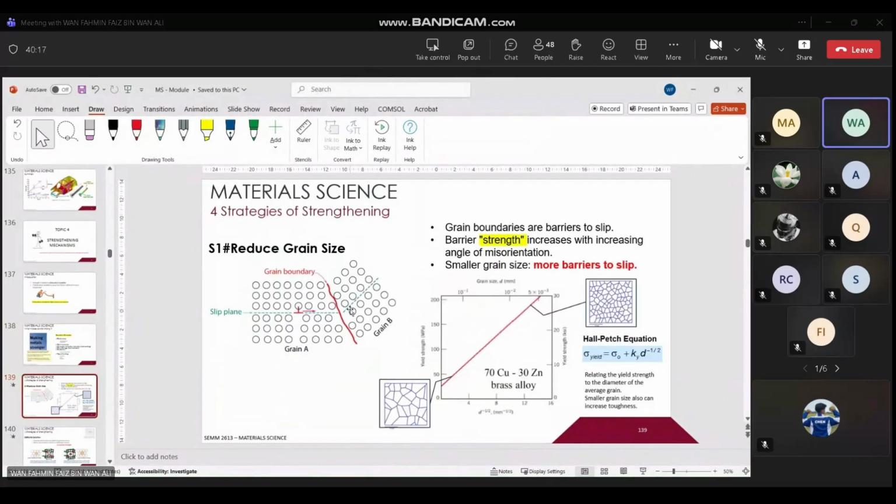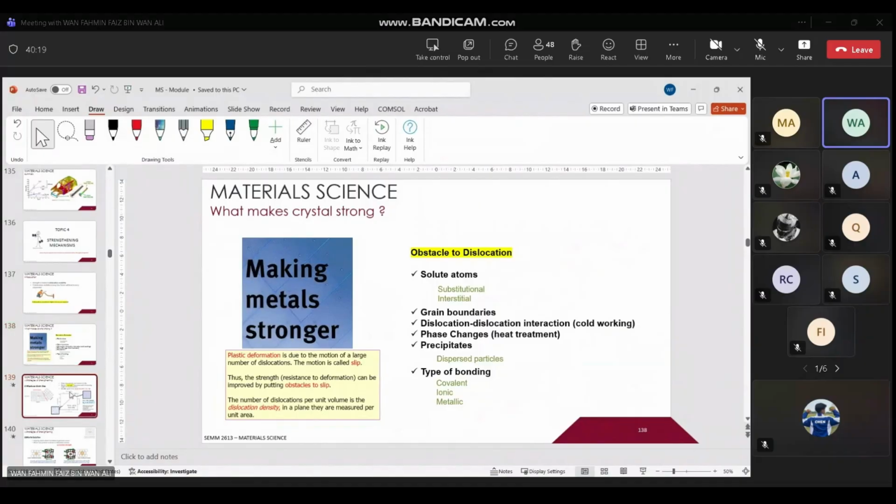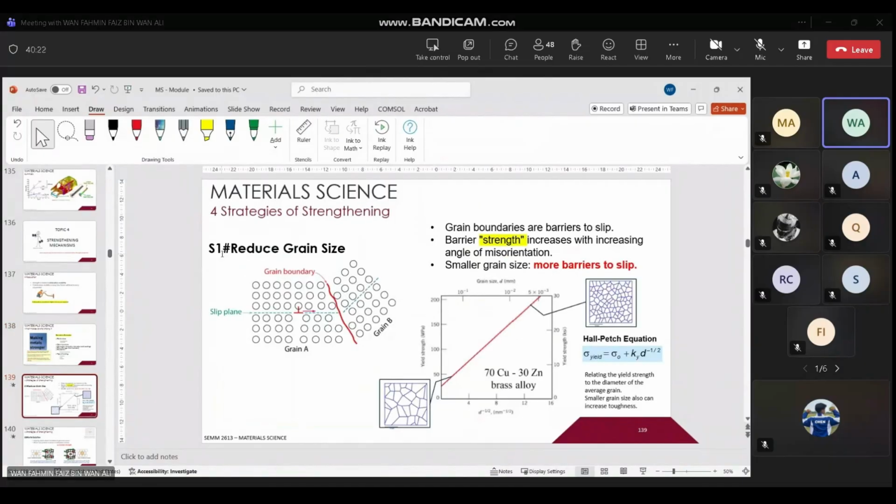Now let's have a look into the first strategies. Out of many, we're going to discuss 4 only. You need to know at least a minimum of 2 strategies, because either in the final exam, test 2 or test 1, if you are lucky, the question may look general: explain examples of strengthening mechanisms to improve the strength of metals. Then you can mention 2 of the 4. But if you're not lucky,